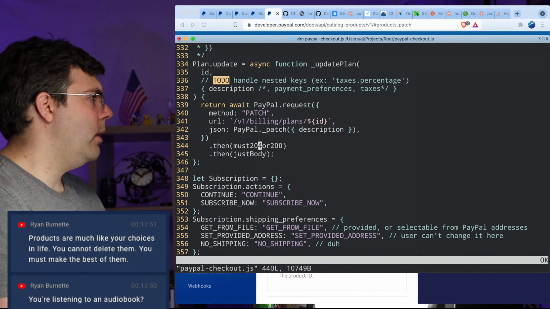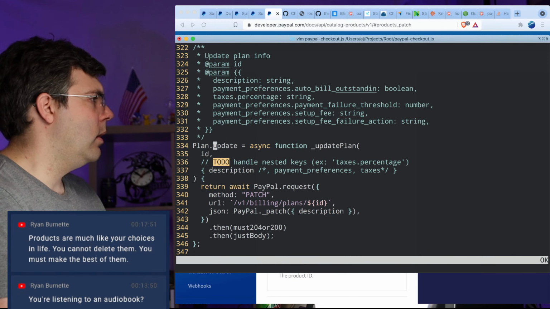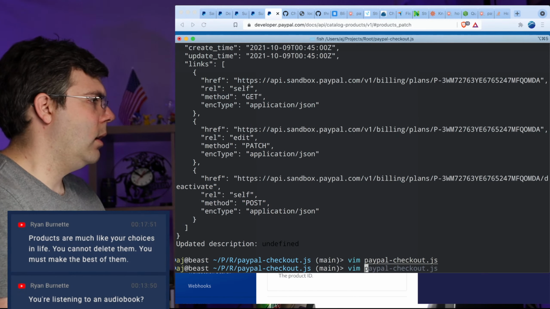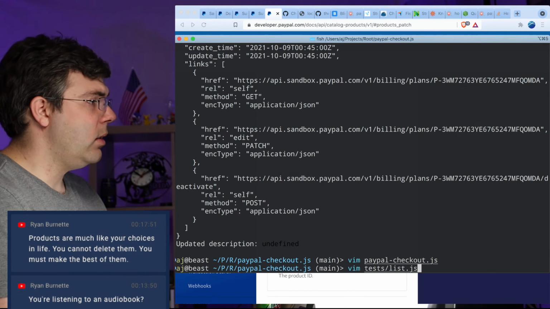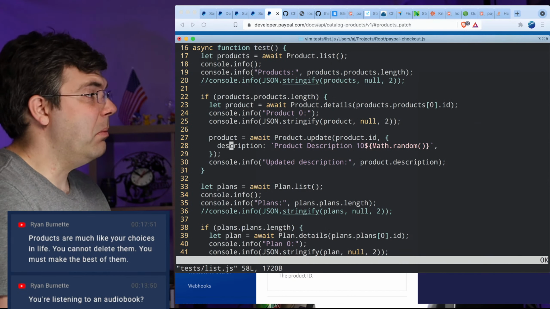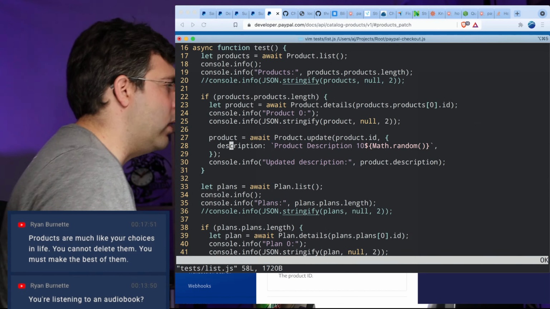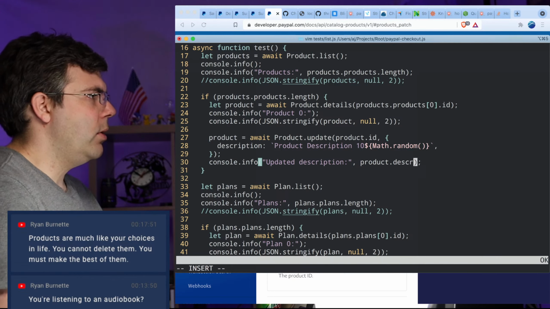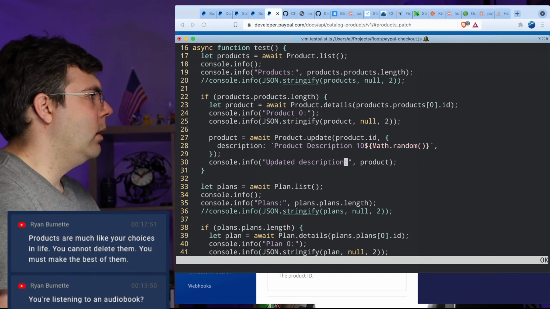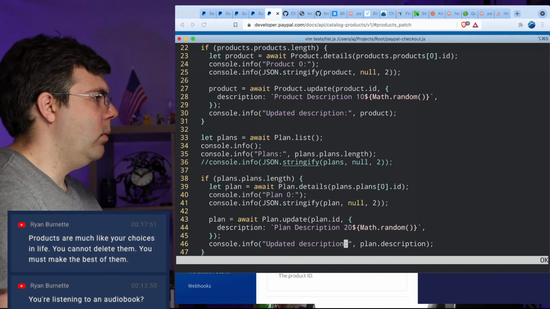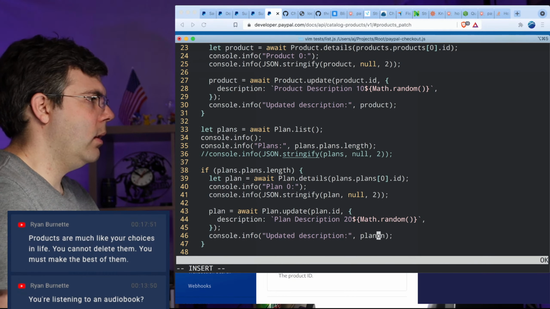I wonder what this looks like. Because I actually don't know what comes back. I just assume that much like the create, when you do an update, it would come back with a bunch of stuff. But let's see what it actually comes back with.